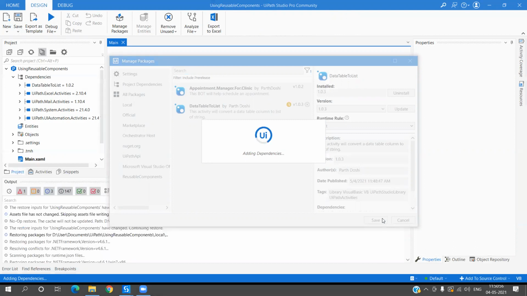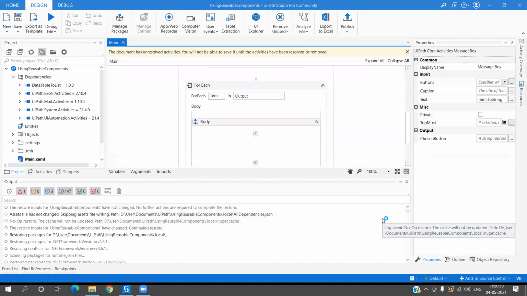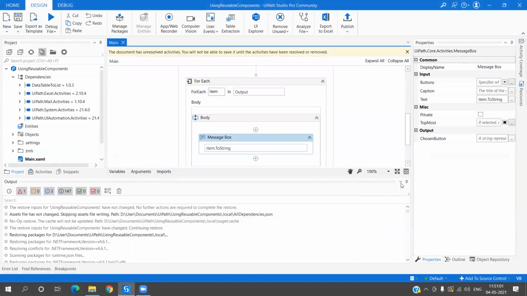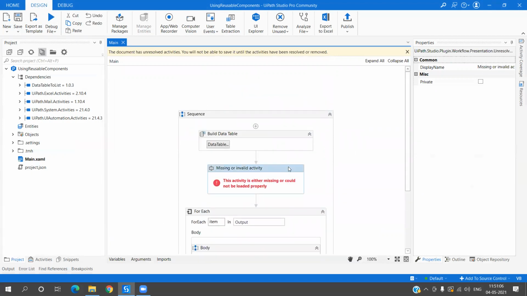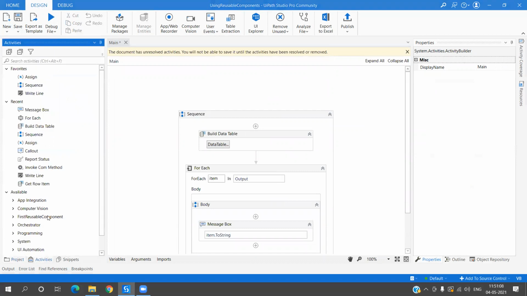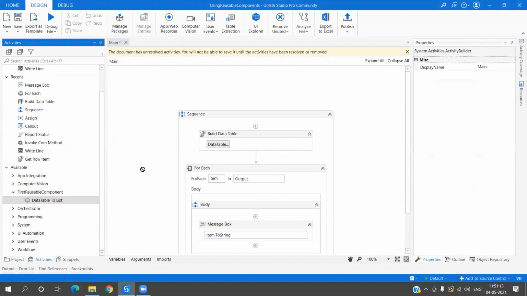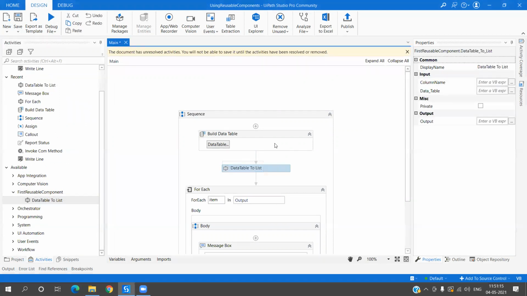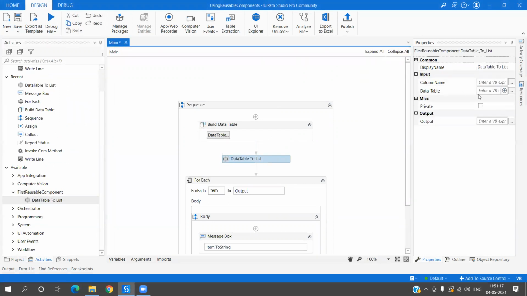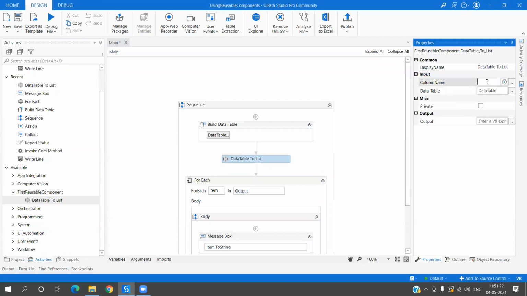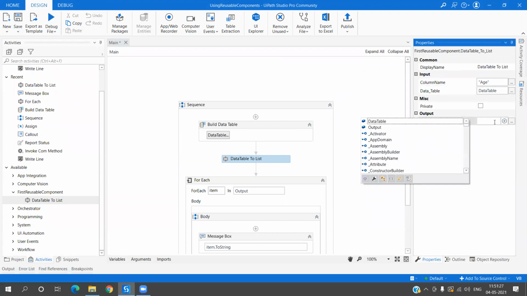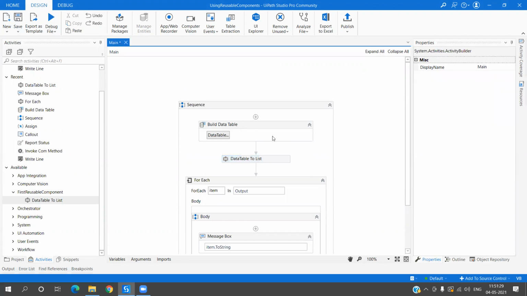So this is how you can add the path like I had shown you and we can do this thing. I know what the error is, I suppose. Since we changed the name, that is not available anymore. So first reusable component, if you see, data table to list is there. In this, I'm going to pass my data table. I'm going to pass my column name, that is age, and I'm going to put output. So it will display it there.